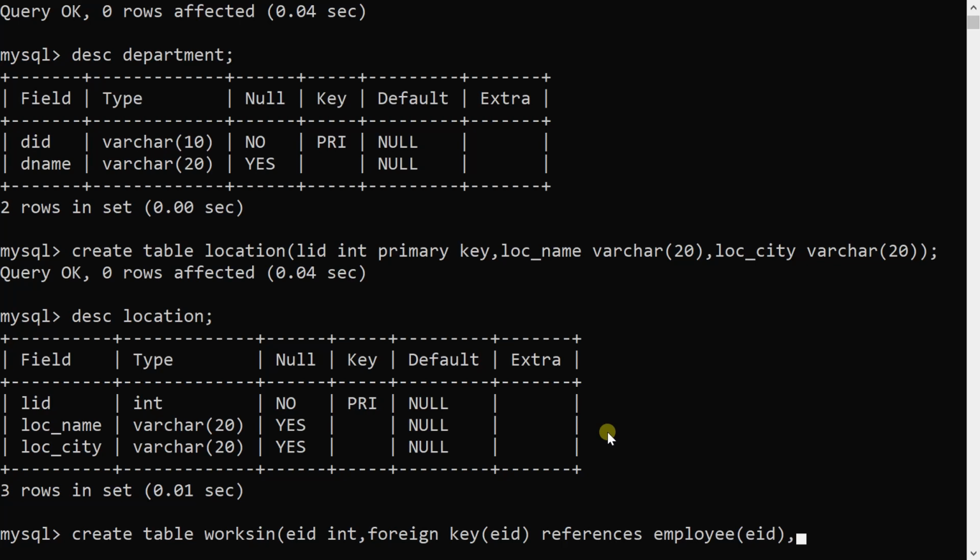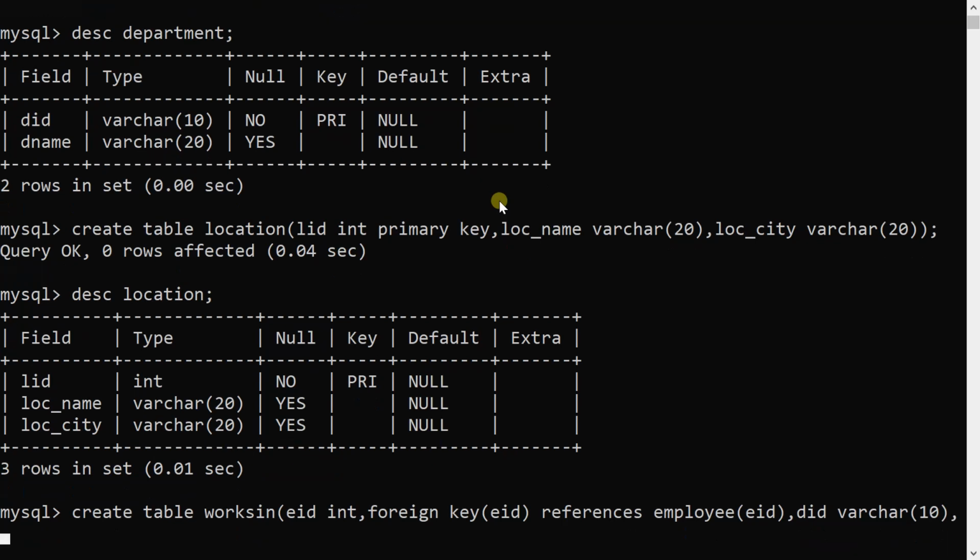The second attribute, department, DID. So what is the data type of DID? Here you can see varchar. Varchar, you have to mention 10 only. Varchar 10, comma, foreign key into bracket, DID, and references. Which table we are referring here? Department.